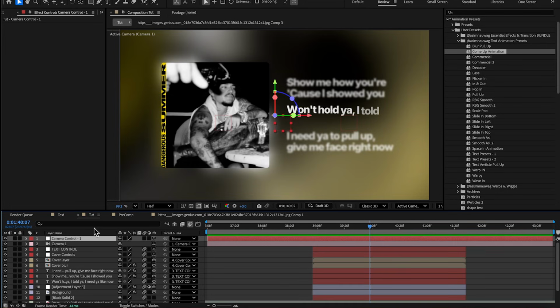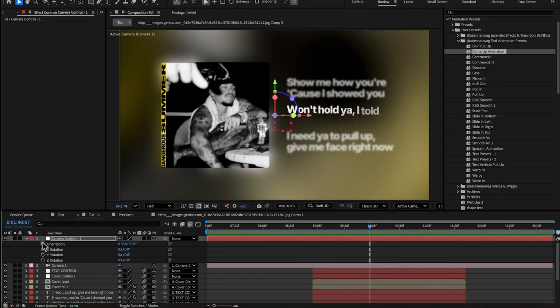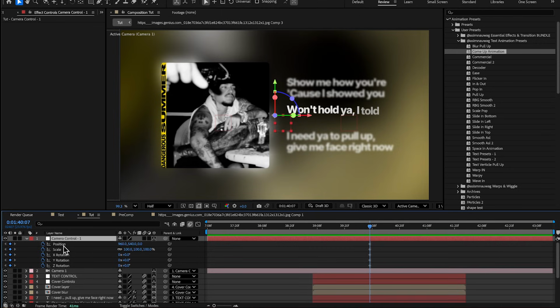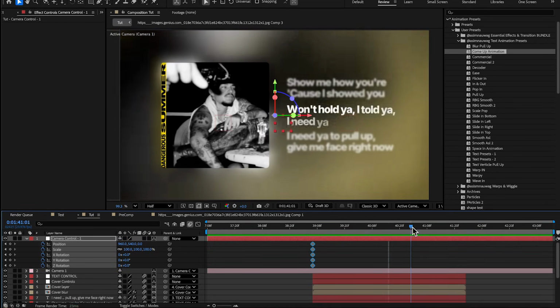Then firstly, we're gonna bring up the position, hit the stopwatch in there, bring up the scale, hit the stopwatch in there, and bring up the rotation and hit the stopwatch in all three of these. If you don't know, P to bring up position, S to bring up scale, and R to bring up rotation. But now we're gonna hit U to bring up all of our keyframes together, and we're gonna put it around here in the starting, so maybe something like this,